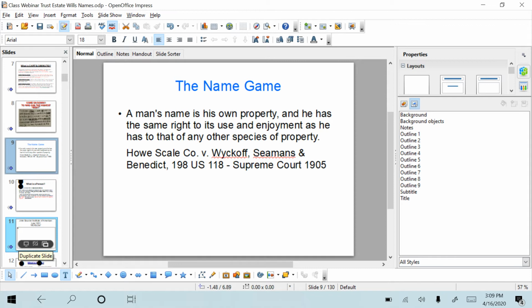So if a man's name is his property and he has the right to use and enjoy it in any way he chooses, right? Supreme Court case law. So your name is a right. And from what I've just read to you in that case law, tribunals determine who has the highest right. Well, if my name is property and my name is a right, and you try to drag me in a tribunal with a name that's not my name, that I own, and I answer for the other name which I don't own,